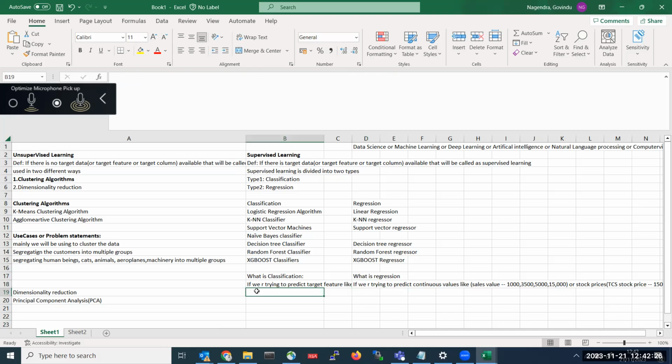Now, again in classification, we do have two types. One is binary classification. The next one is multi-class classification.